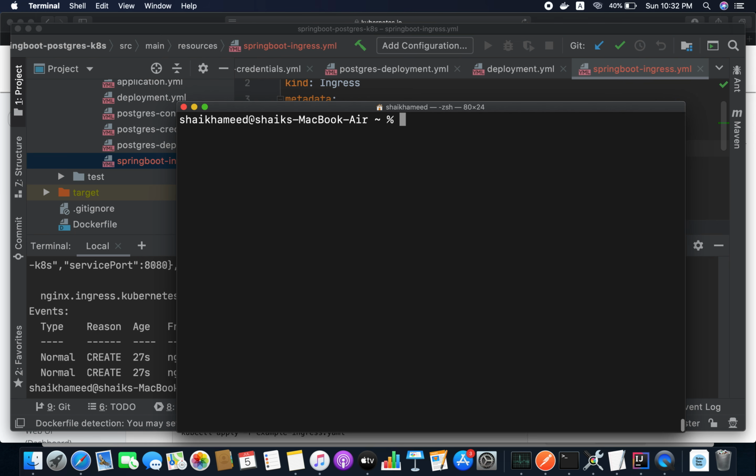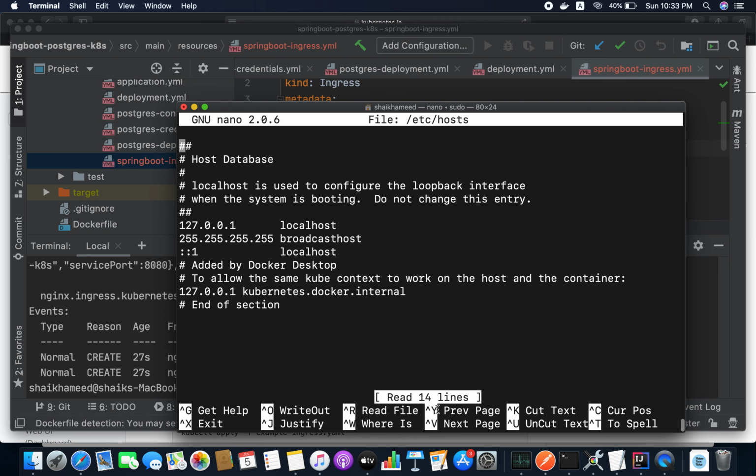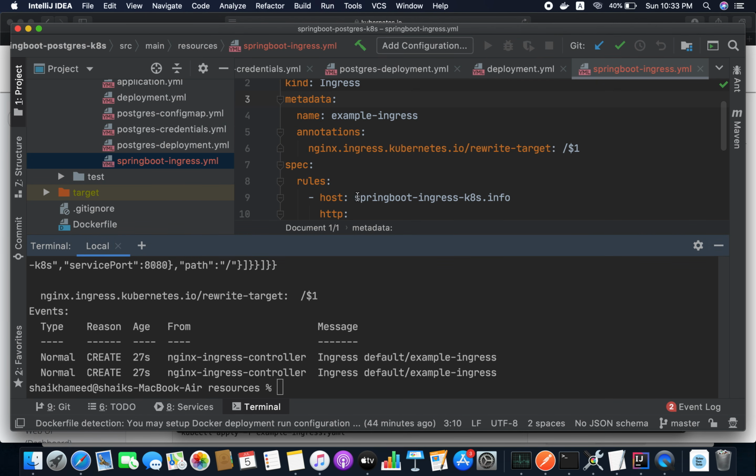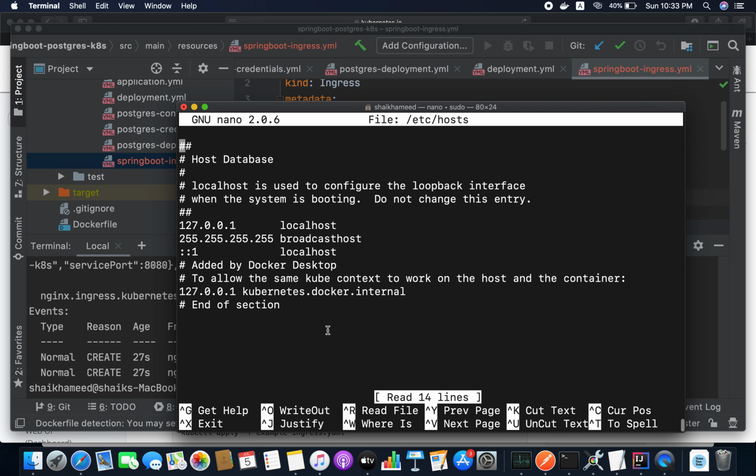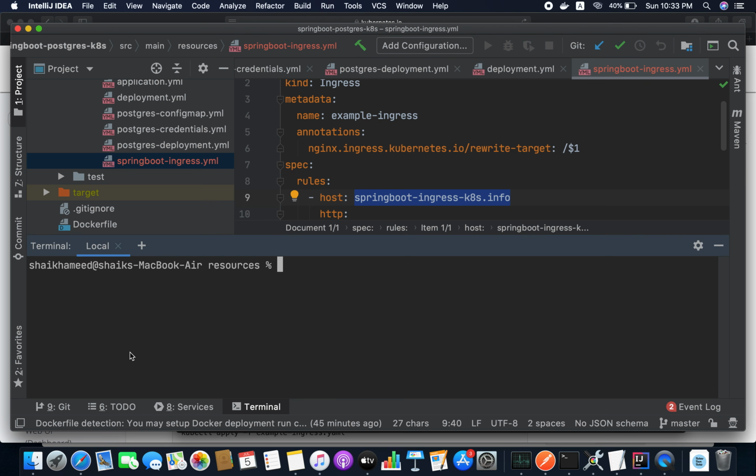So sudo nano, our hosts file is available at /etc/hosts. Okay, it is asking for a password, so let me enter that. Here we have to define our host name that we have defined in the ingress. But for the IP, kubectl get all.